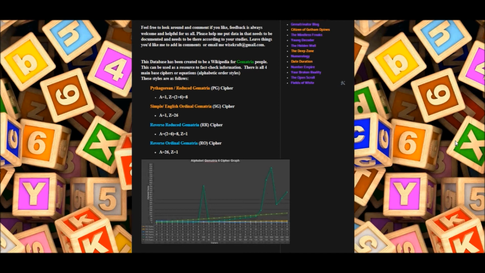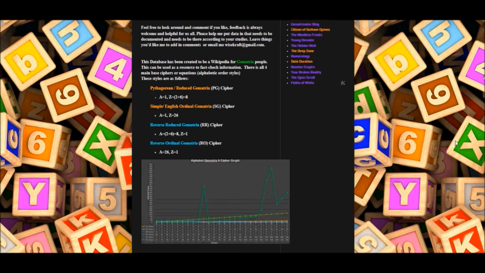There are all 4 main base ciphers or equations, alphabetical order styles. These styles are as follows: Pythagorean reduction Gematria, PG cipher, A equals 1, Z equals 2 plus 6 equals 8, so Z equals 8. Simple English ordinal Gematria, or SG cipher, A equals 1, Z equals 26.